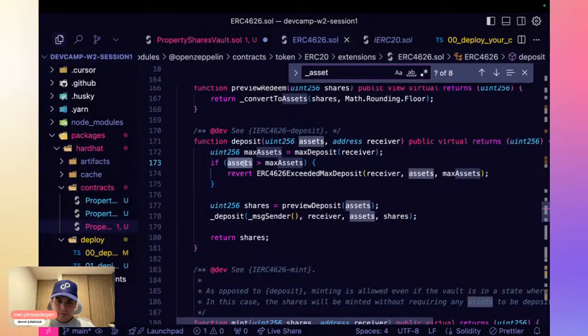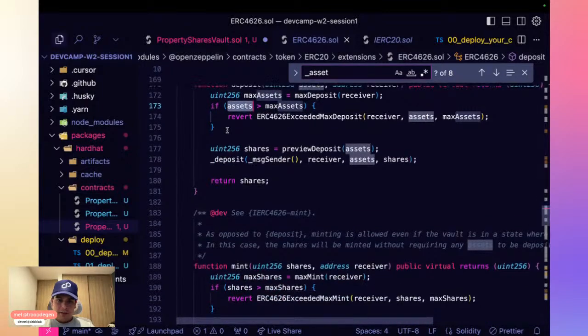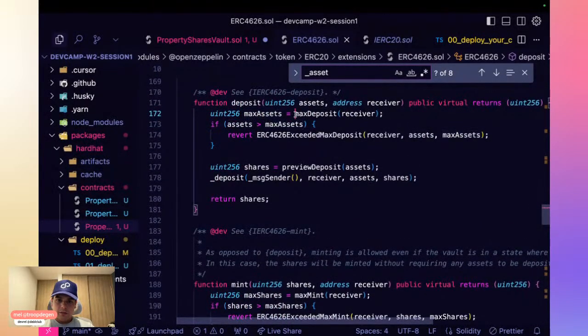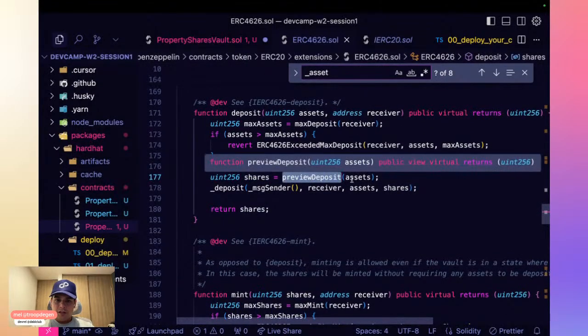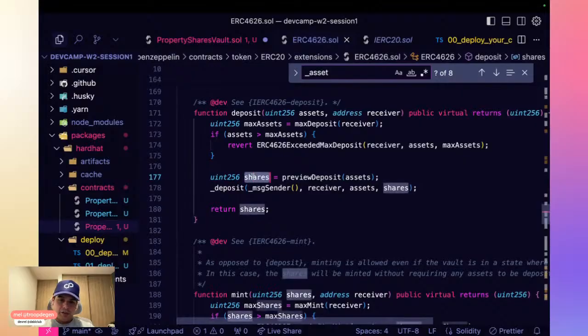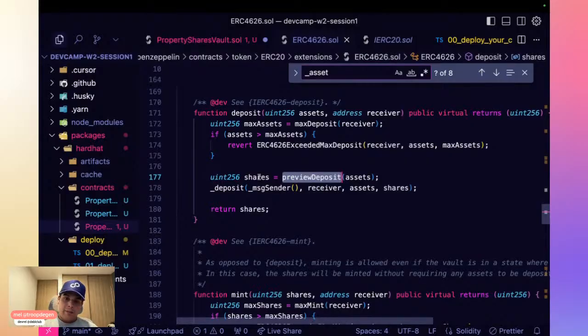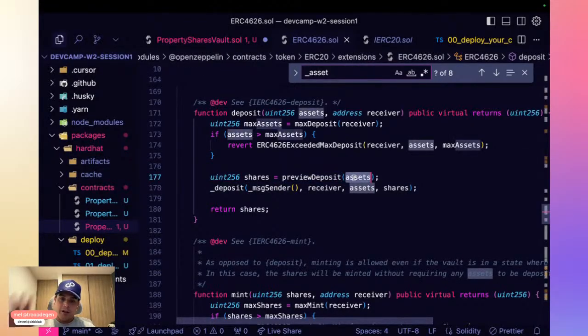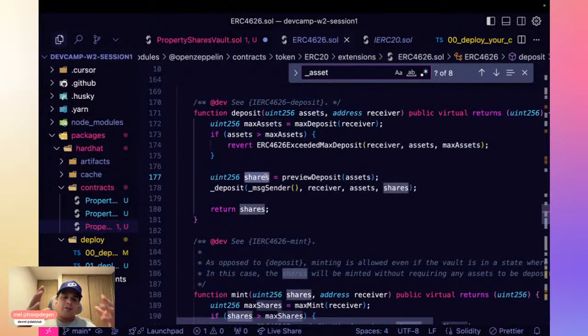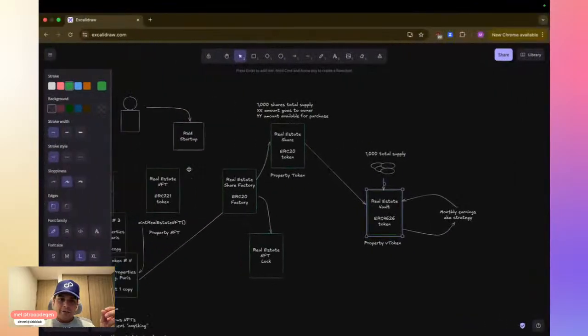Then assets, yeah, if it's larger than the max assets, that's what it's looking for. And then it goes preview deposit assets. So it gets you the proper share. That's what the preview deposit and preview redeem do. You can call them to get the estimate of the share, or the amount of tokens that you actually have. And in the case of the deposit, it converts your depositing assets into shares once again. So this might be also a little, we're kind of fractionalizing twice.